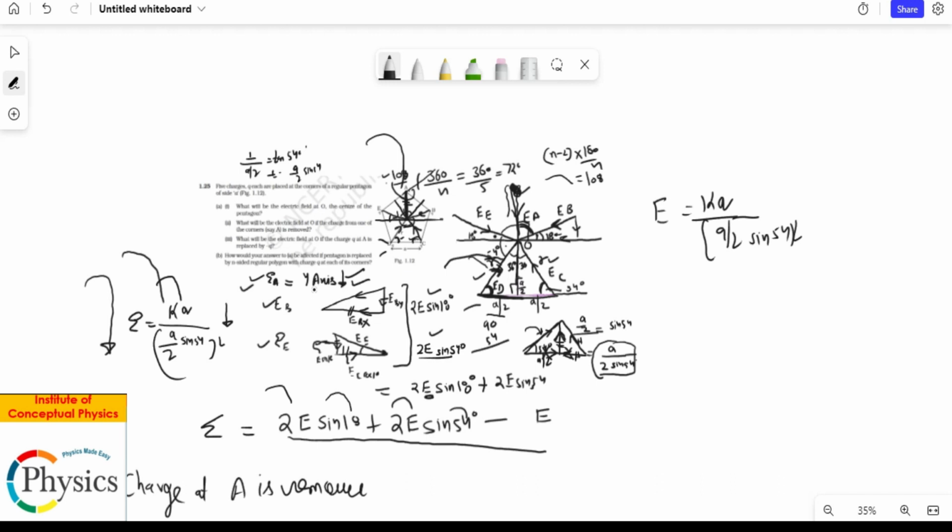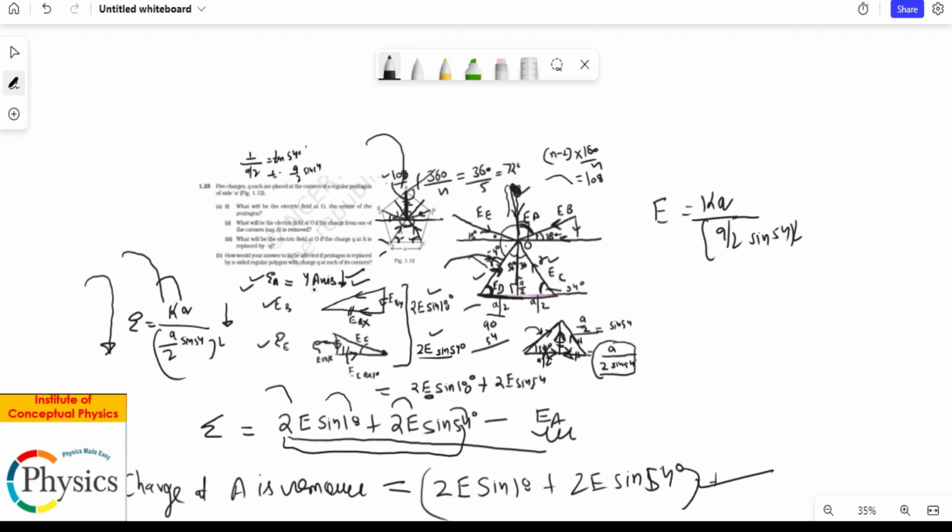So when I write the resultant, nothing changes in the above calculation except the fact that the resultant now is going to be only this part, because the net resultant is going to be only this, because you don't have anything downwards now. The x components have already cancelled with each other, so you're left with only this. Straightforward, right? So E due to A is gone, so you don't need to write it. So the net resultant is upward, right, in the plus j direction.